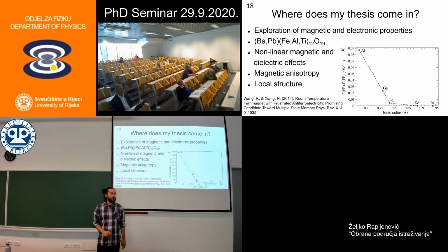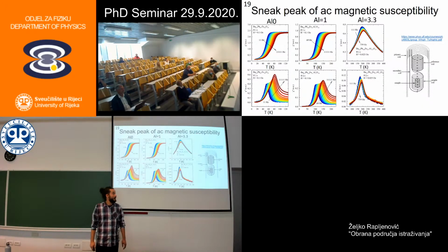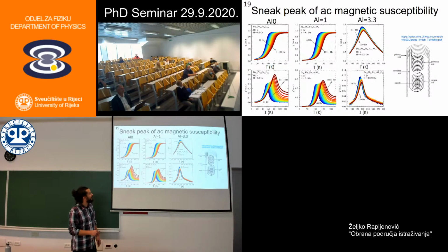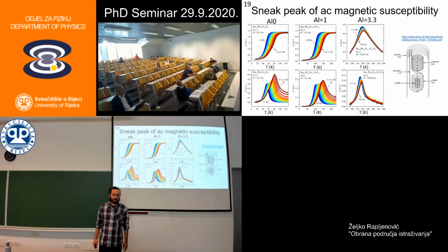stabilize the ferroelectric state. Here is the graph of the difference between the paraelectric and the ferroelectric state versus the ionic radius of the substituted ion. We also will research some nonlinear magnetic and dielectric effects, magnetic anisotropy, and possibly local structure. So here is a sneak peek at some of my results. They have been measured on